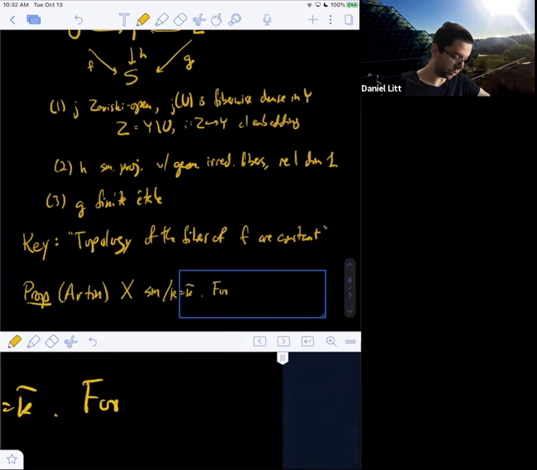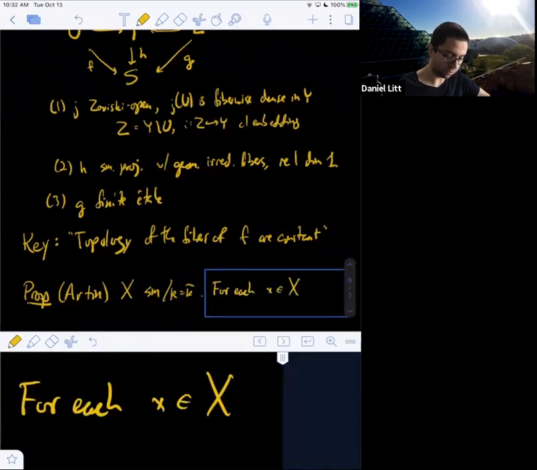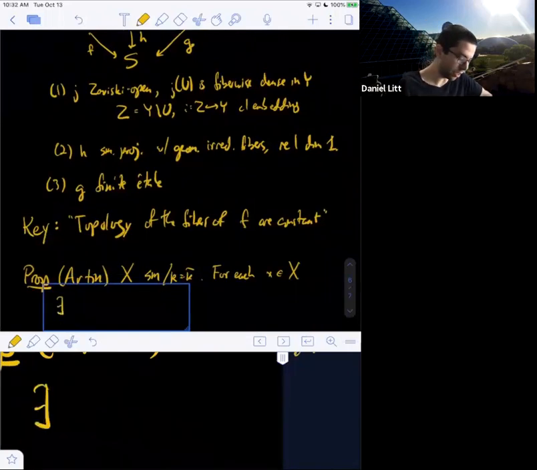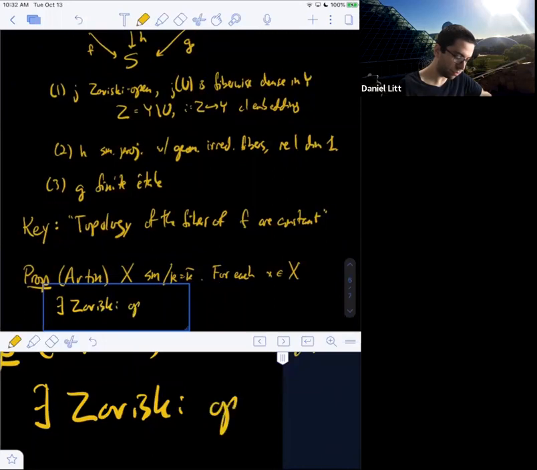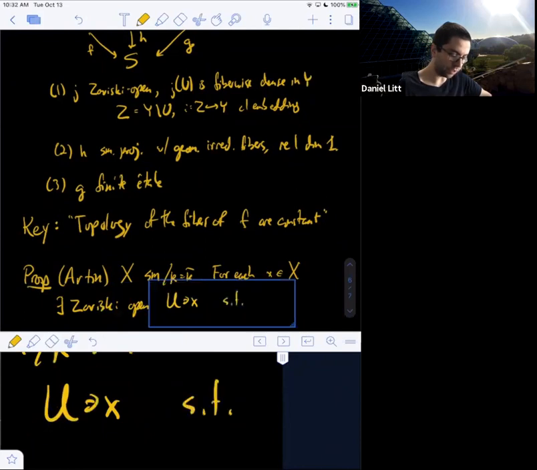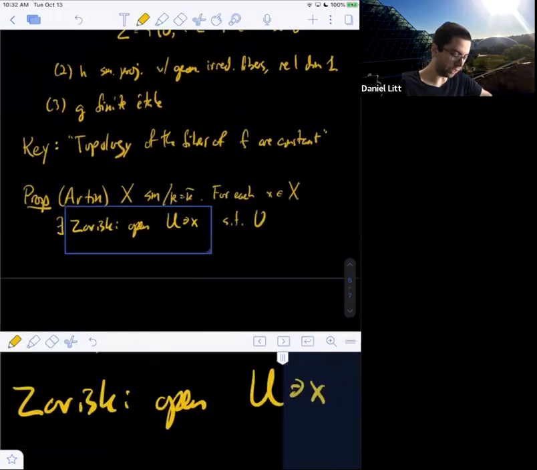Then for each point in X, you can take whatever kind of point you want, it doesn't have to be a closed point, but it'll be enough to prove it for closed points, there exists a Zariski open U containing X such that U fits into an elementary fibration.